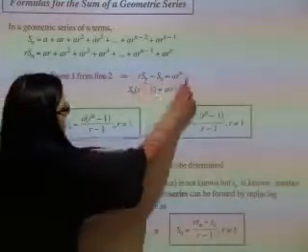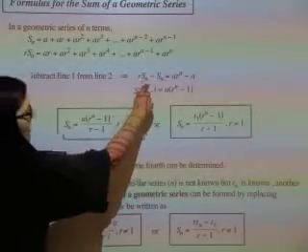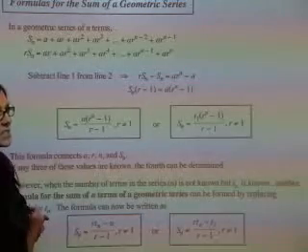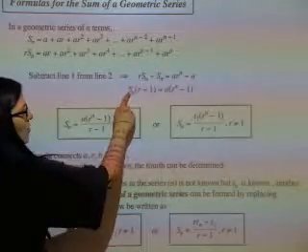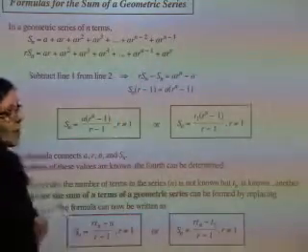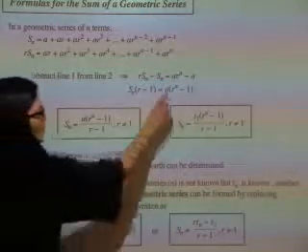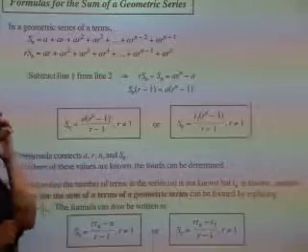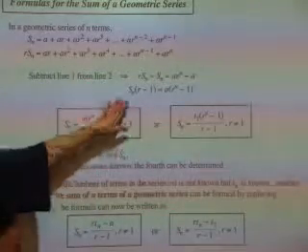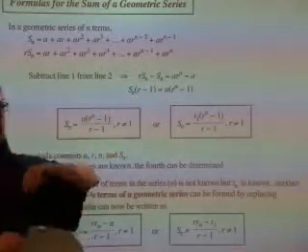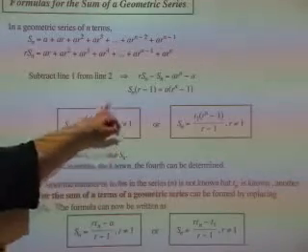So then from this statement here, I have an s of n that is common to each term, so I can factor it out. Leaves me with an r minus 1. I have an a that's common with these two terms, so I can pull it out, and it gives me r to the power of n minus 1. To get s of n by itself, I divide both sides by r minus 1, and I end up with